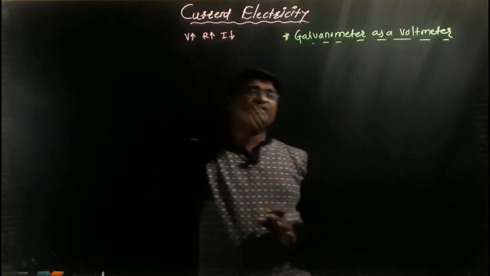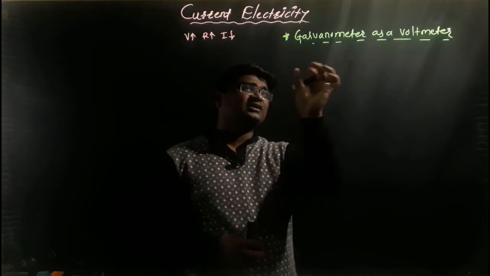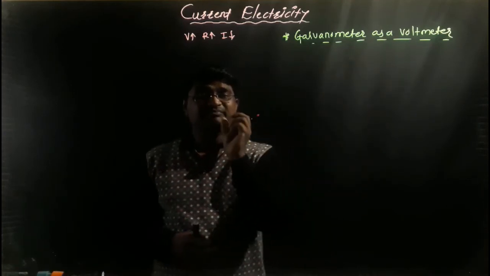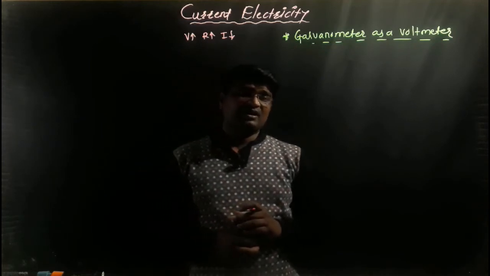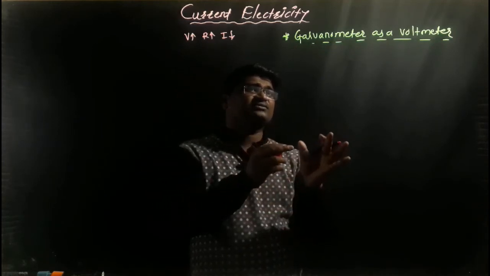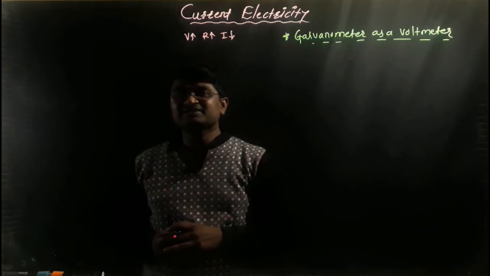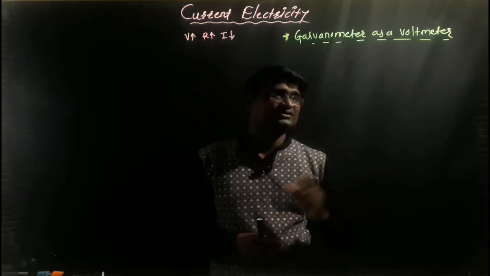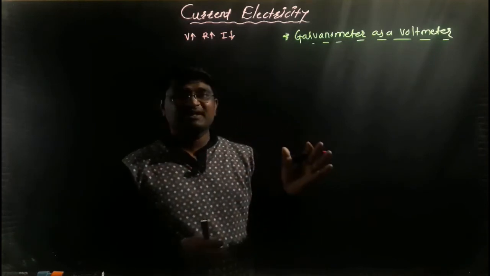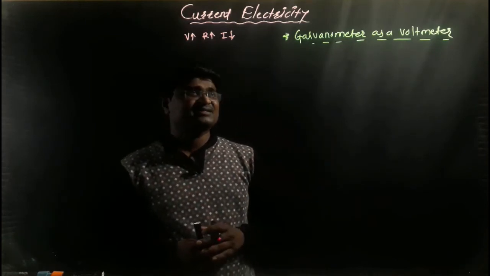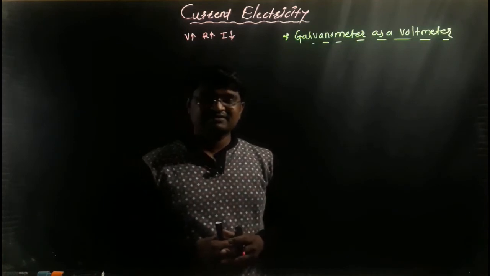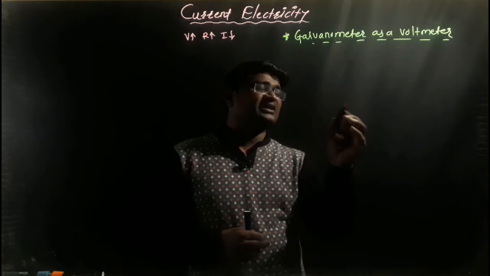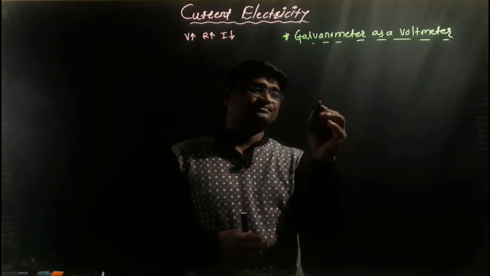Now, with the help of this, when the galvanometer is converted into a voltmeter, initially its voltage measuring capacity will increase. And what is the actual method by which its voltage measuring capacity increases? We discuss it with the help of this circuit diagram. First we draw the circuit diagram, and after that with the help of this diagram we explain how a galvanometer works as a voltmeter. Let's draw the circuit diagram. So, galvanometer as a voltmeter.